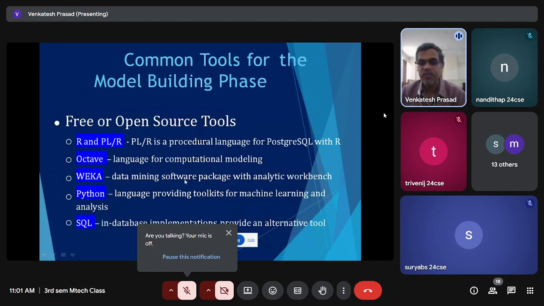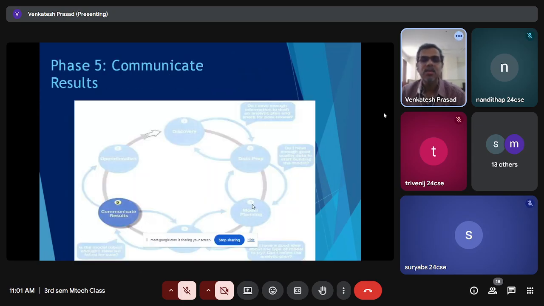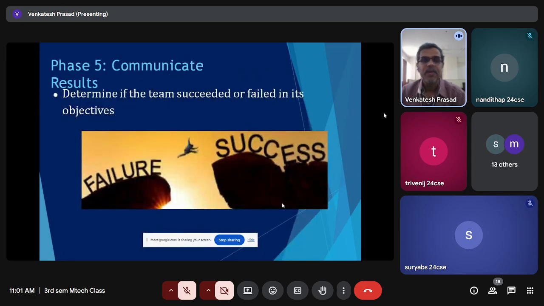If you need to know from an exam point of view, you need to know which one is used for what purpose. That's all. You don't need to know anything more than that about the tools. Okay, then